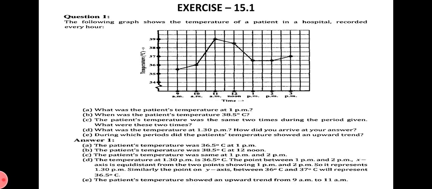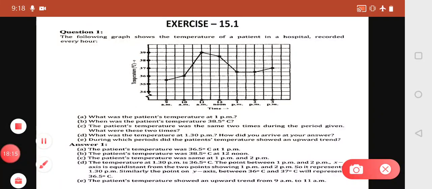Now we have to see during what timings the temperature of the patient rose. So you can see in the figure here, this is your rising point because on the remaining side it is not rising much. This is the period where the temperature of the patient has risen much. So what is the timing? Let us see. Here you can see, yes, it is rising from here. It started rising from here and then it is decreasing.